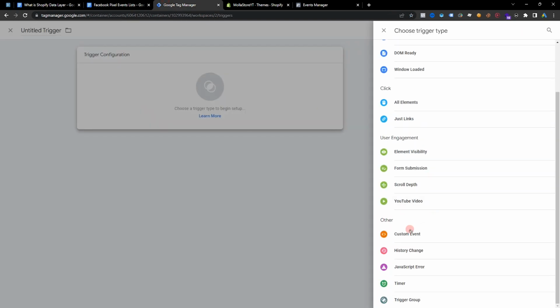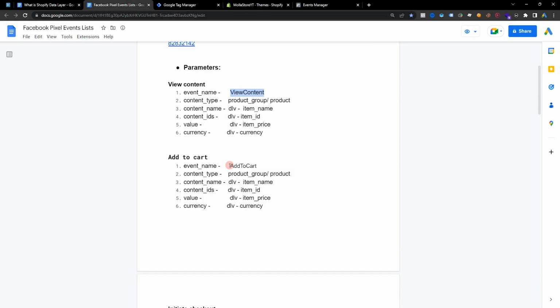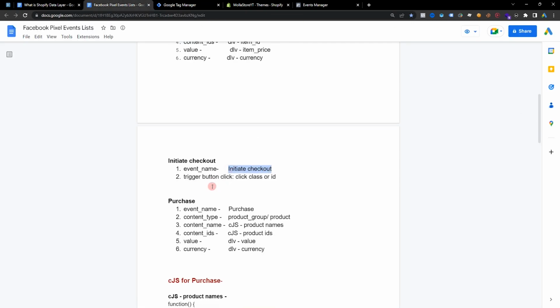Select the trigger configuration and select the custom event. Paste and name it view content. Add to cart: the event name is add to cart. Initiate checkout. Our Shopify